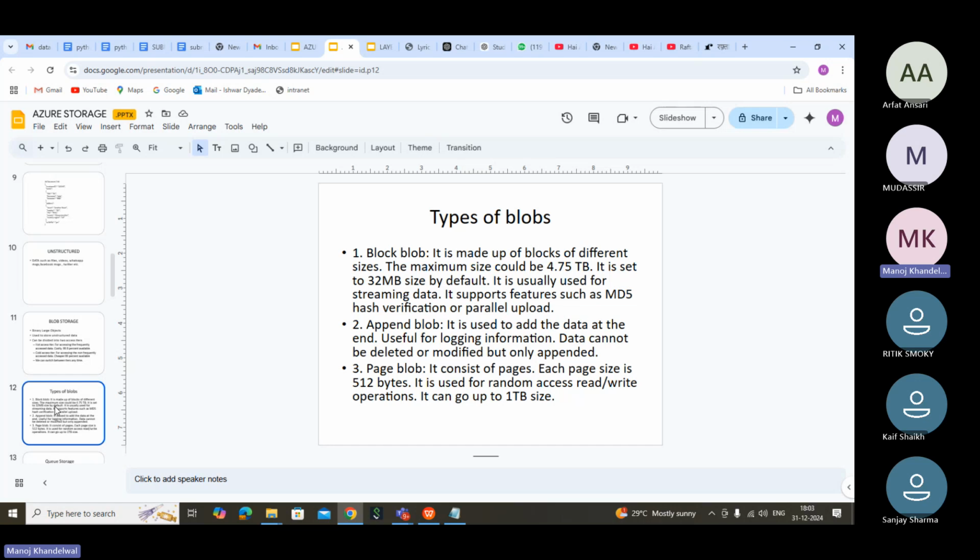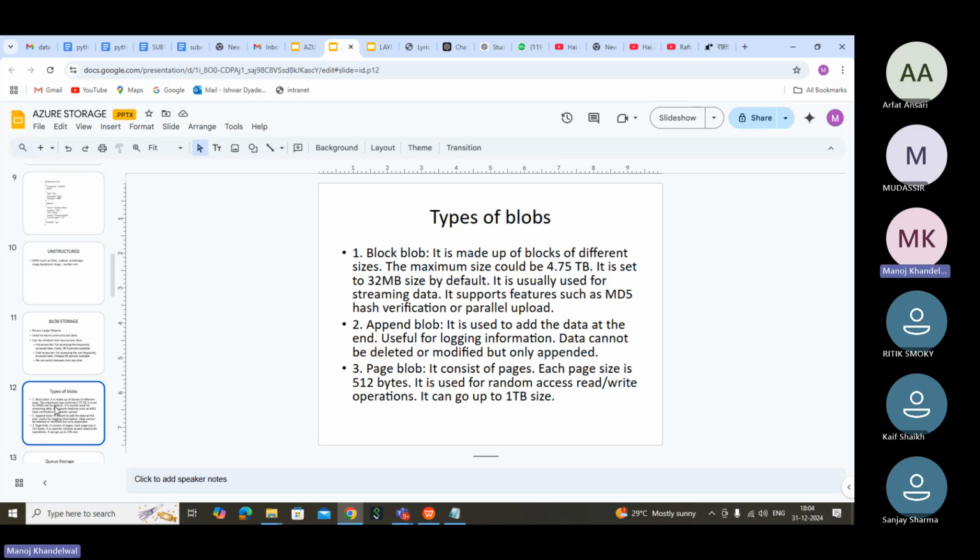Always log files, logs. As a network infrastructure engineer, you will work with a lot of logs. So log files always it's an append operation. Any new thing comes, it goes at the end, never in the middle. So that is the append operation. If you need a storage for append operation only, then append blob is best. That will give better performance, as per the requirement.